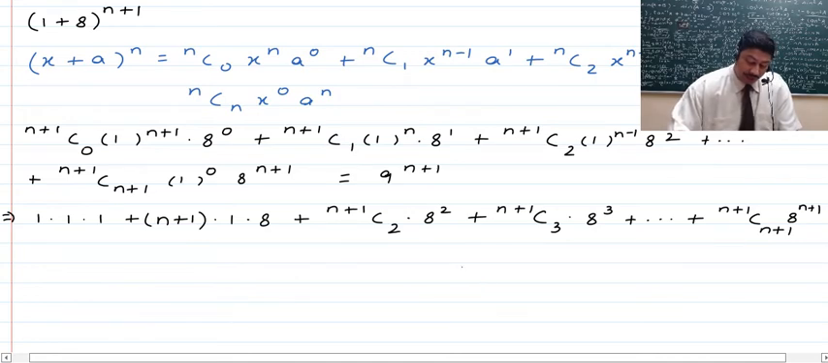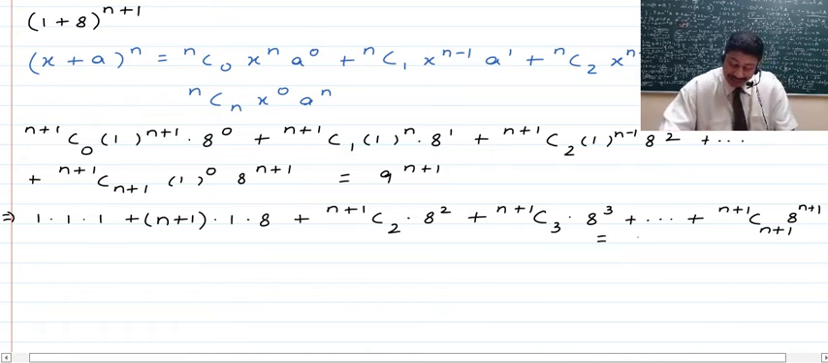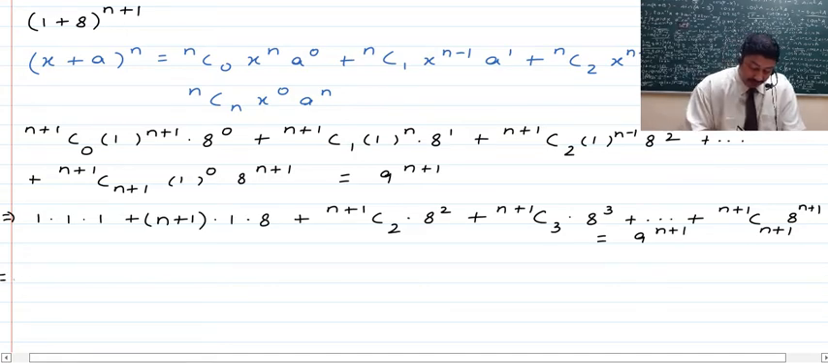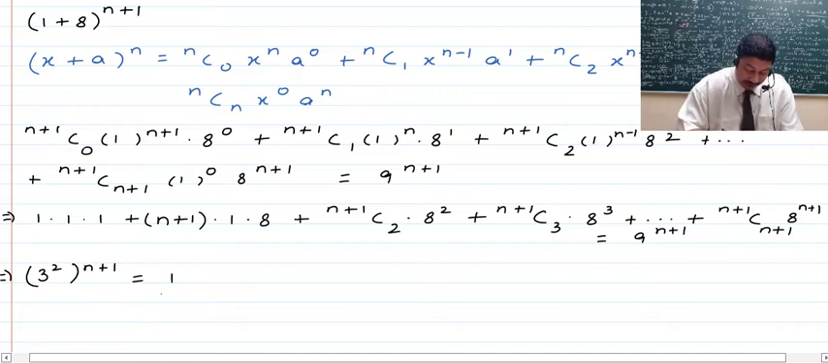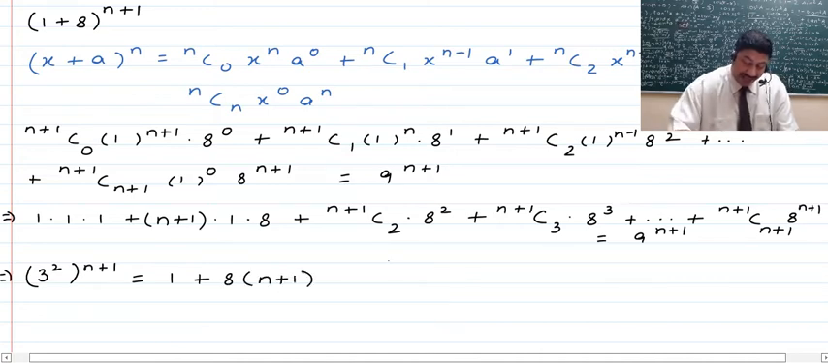Now here children, what we can do is we can write this equal to what we have on the right hand side, that is 9 raised to the power n plus 1. Now children, in the next step we can write this 9 raised to the power n plus 1 again as we derived it, that is 3 raised to the power 2 raised to the power n plus 1, which becomes equal to, now the first term is 1, remember, and then we have the next term to be plus 8 times n plus 1, and to that then